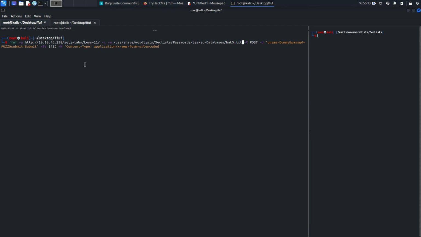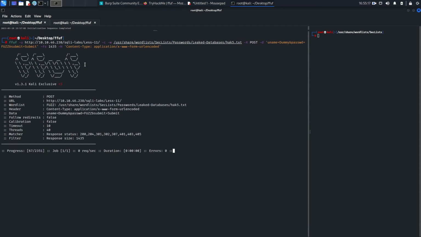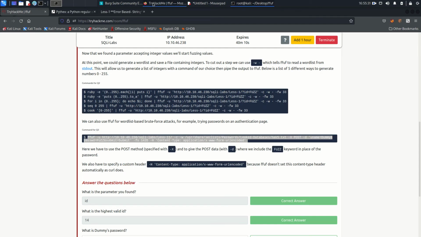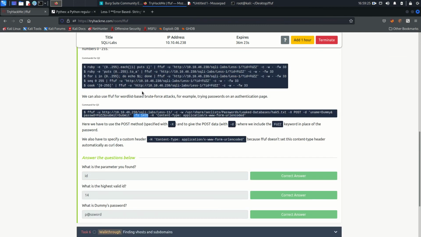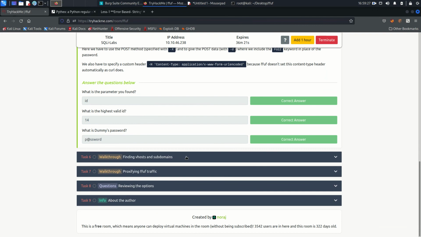Inside checklist, inside password, there is leak. Yeah, so if you do it like this, it will make this request, and whatever contains the status code 200 is going to be the real password. So this is going to be the password. We can copy it and paste it here, and this is okay. And now we will go to the